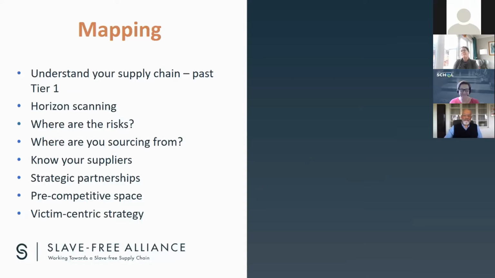So first of all, it's about mapping your supply chain for transparency and risks, knowing where you're sourcing from and understanding what inherent and important risks are in the location that you're associated with, where your product or service is coming from. Transparency and visibility is really, really important. And then gathering information about your suppliers, their own suppliers, and so on until you reach source. Consider a collaborative and strategic approach when looking at risk to map. Use your relationships with suppliers and bring your tier one on the journey with you. Understand what's happening in the supply chain and what's your leverage, and empowering your supply chain to enable you to be able to obtain that visibility.